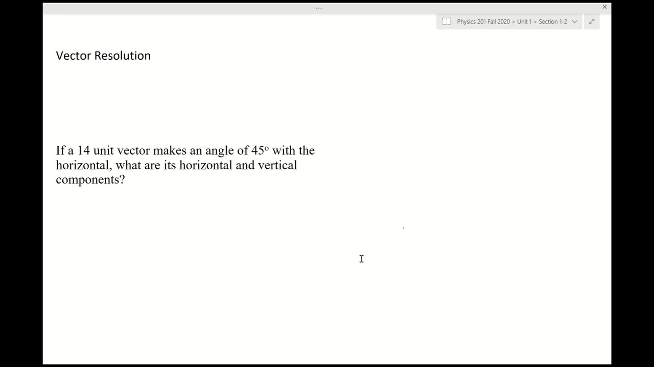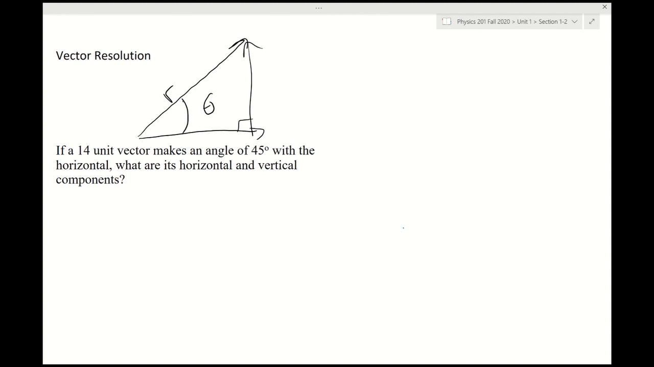Okay, let's take a few minutes and discuss vector resolution. When we're talking about the process of vector resolution, or resolving a vector, what we're doing is breaking it down into perpendicular components. So let's take a moment to look at this. If we have a vector at some angle theta that is a size r, we're going to break it down into horizontal and vertical